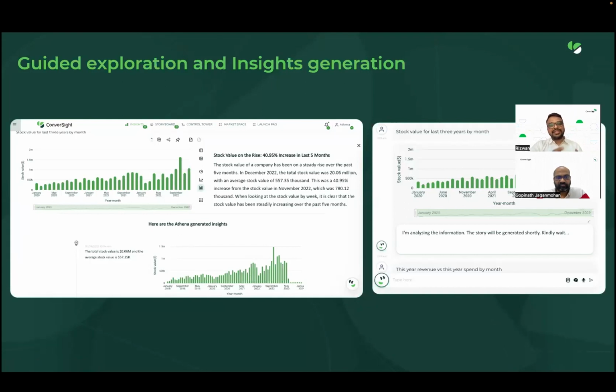One add-on is when these insights are being generated. I know there are a lot of data science folks here who run a lot of their models separately and then find it difficult to productionize them. With ConverSight's unified platform, you can look at the Python layer, or the data science layer, where you can run the model, connect the data, and push a task to a specific user where they can get their visualizations just by asking those questions. So the complete approach, from data to running your models to productionizing the output for your end user, can be achieved in one single place.